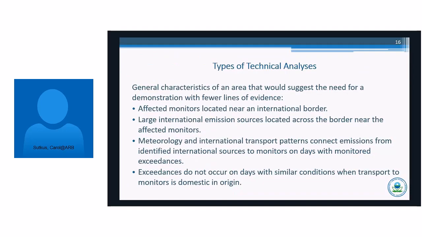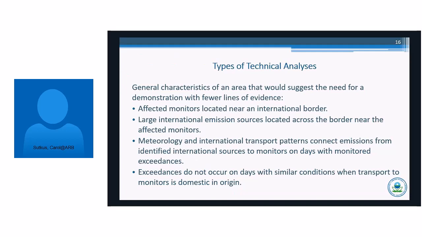In trying to understand whether your conceptual model is more complex or less complex, the draft guidance provides some information about how to make those decisions. For example, a conceptual model that might require fewer lines of evidence may have monitors that are being affected near an international border. There may be large international emission sources located approximately across the border near those affected monitors.